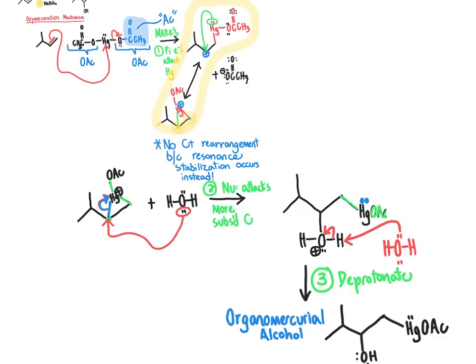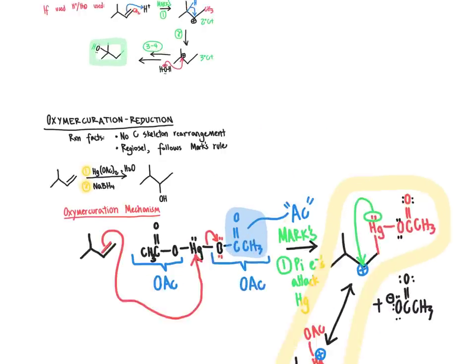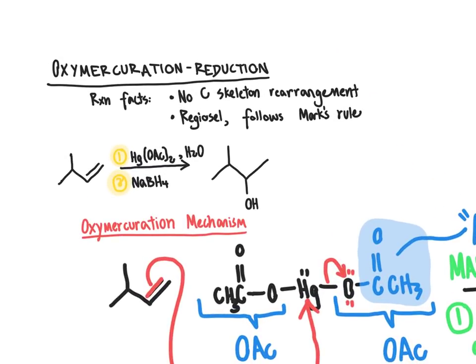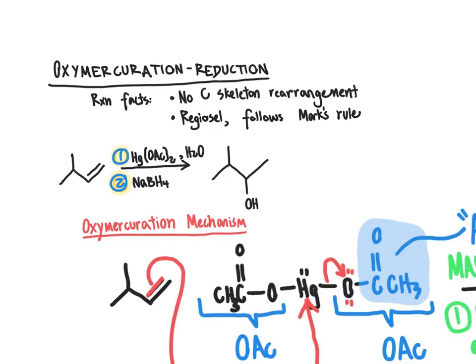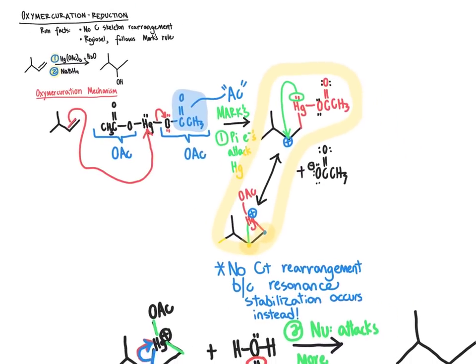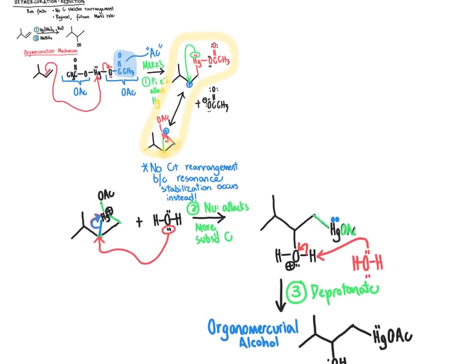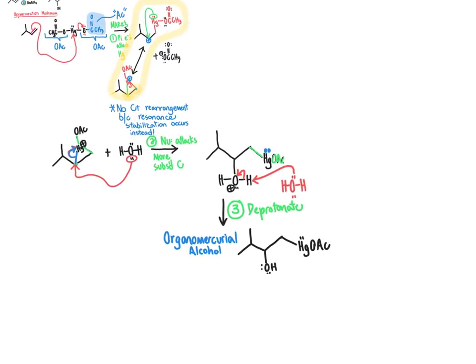And what would happen following this is that the organomercurial alcohol would then be subject to the reduction reaction. So you'll notice if we look up here in the upper left corner that I've just enlarged now, we started off with step 1 of the reaction being reacting with mercury and water. And we showed the mechanism for all of that just now. Then the second thing that happens is the reduction reaction with sodium borohydride. We are not going to go through the mechanism for that. I don't expect you to know that mechanism, but I am going to fill in here that our reduction reaction,